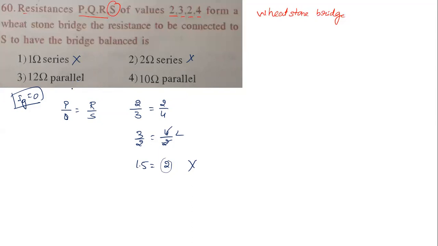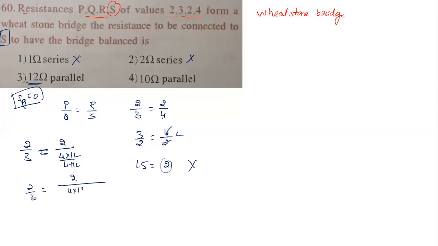So now what do we need to connect? We need to check it now. So I should get what? 2 by 3. Here also 2 by 3. So they are asking, to yes, which one needs to be connected? So look now, whether this one or this one. If I take this 12 one, let us see what will happen. So 2 by 3 is equal to, and on this side, R by S, R is how much? It is already given as 2. And in the denominator, 4 is there now. I'm going to connect 4 to 12, in parallel combination. It will become 4 into 12 by 4 plus 12. So 2 by 3 is equal to 2 by, see, it is the parallel combination formula.